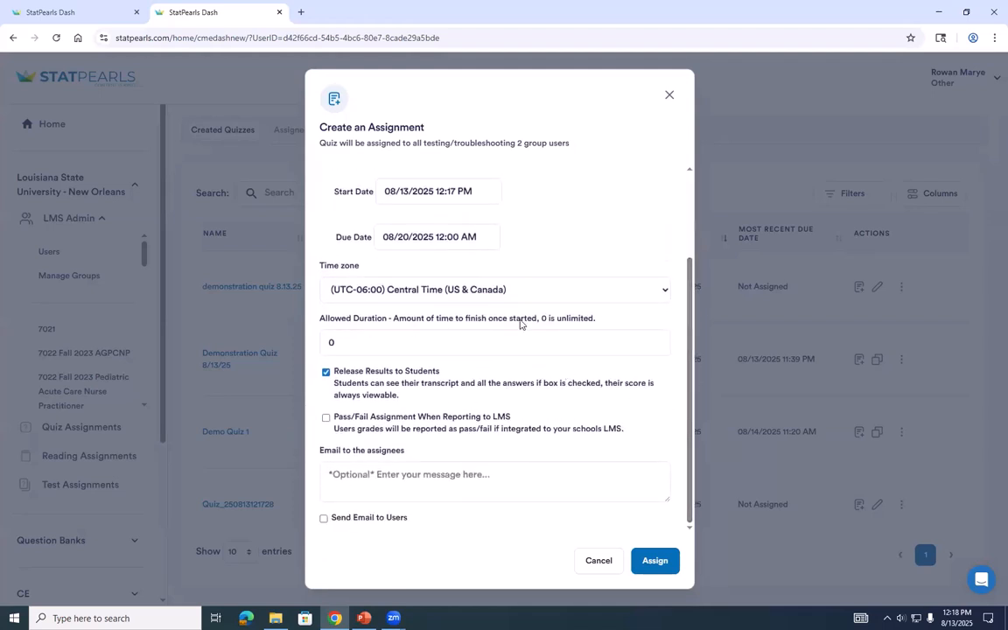Your duration here is the time they have to test. If you do 0, it's going to assume no time limit, unlimited. If you do anything else, it will cut them off at that time. And I will warn you